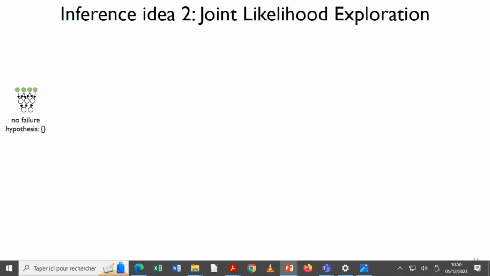I'm just going to give a very high level idea of this, but all the details are in the paper, of course. Like in the greedy algorithm, we start with the no failure hypothesis. We compute the likelihood for that.